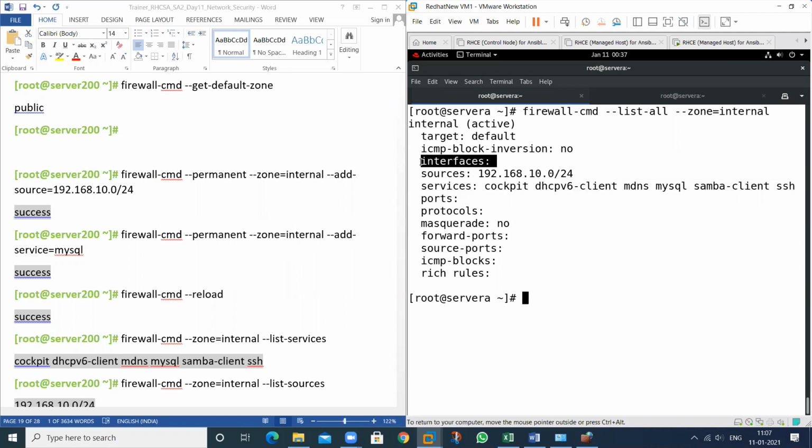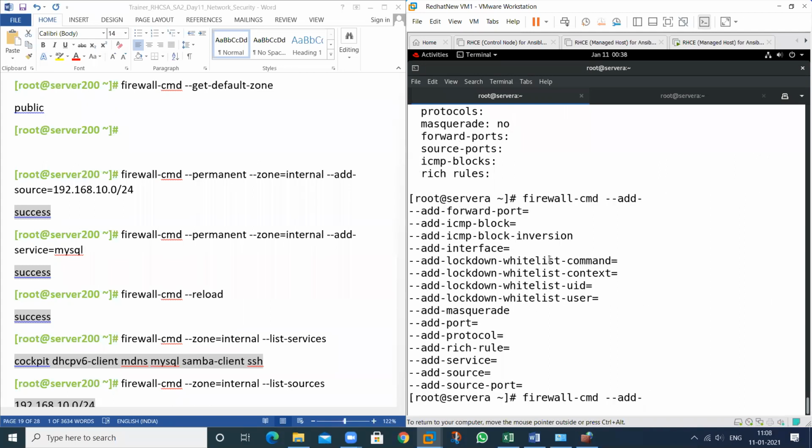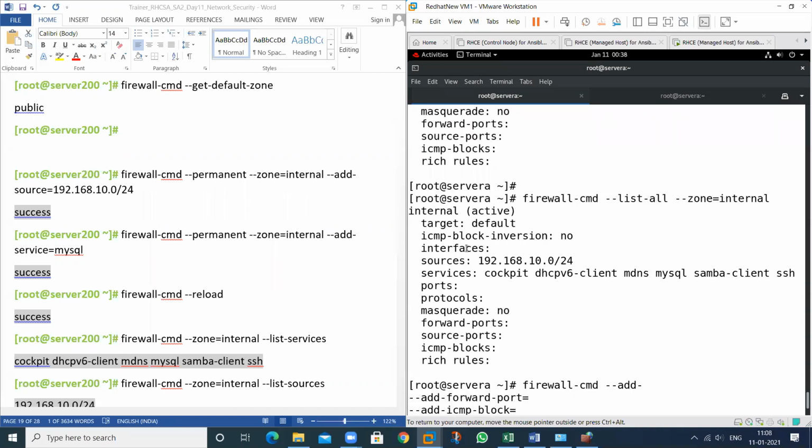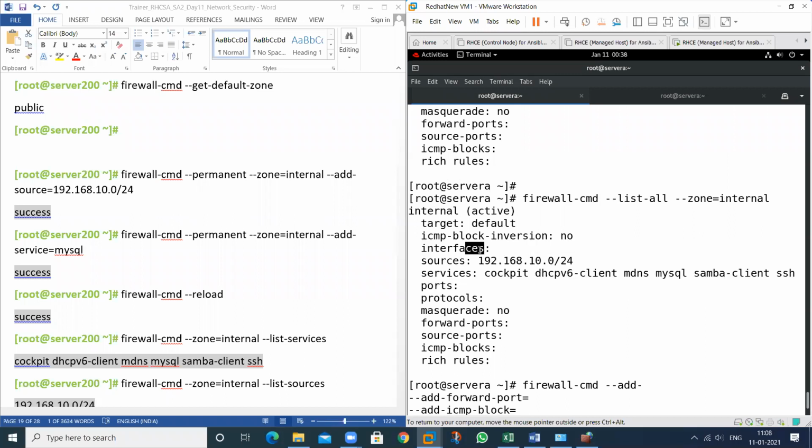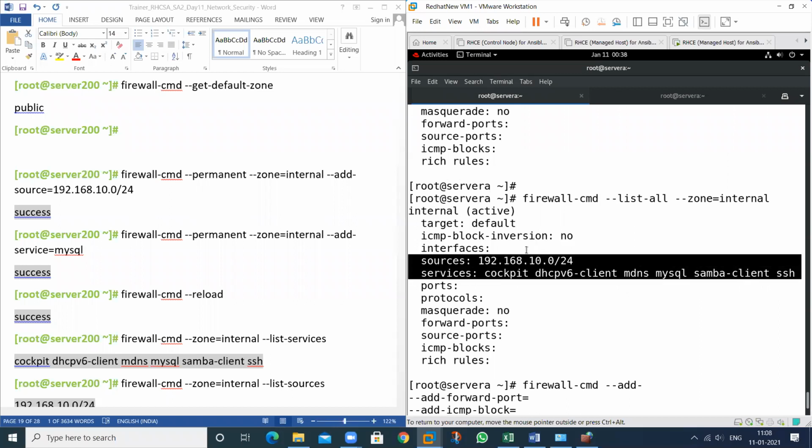Because for any incoming traffic, outgoing traffic, you have to enter the interface also. So which particular command can you add? Add this particular command, that is interface. If you add the interface, the interface will appear. Then all these services can work properly. Without entering the interface, these do not work. At this time, there are no interfaces allowed.